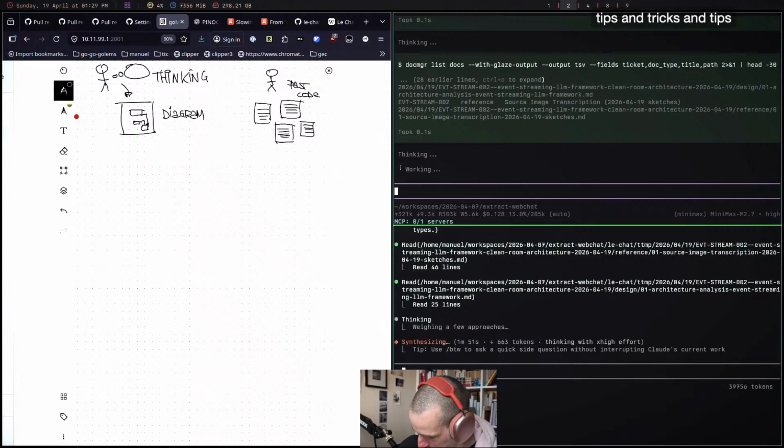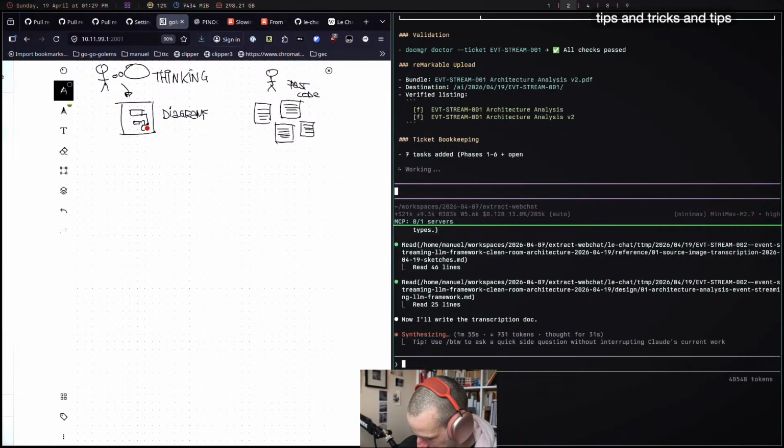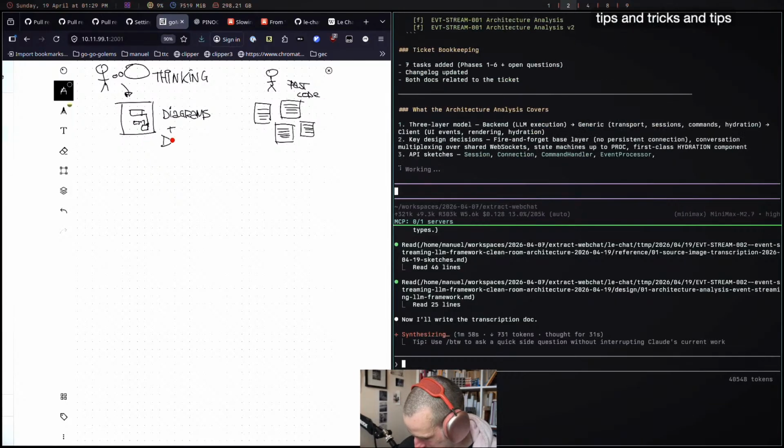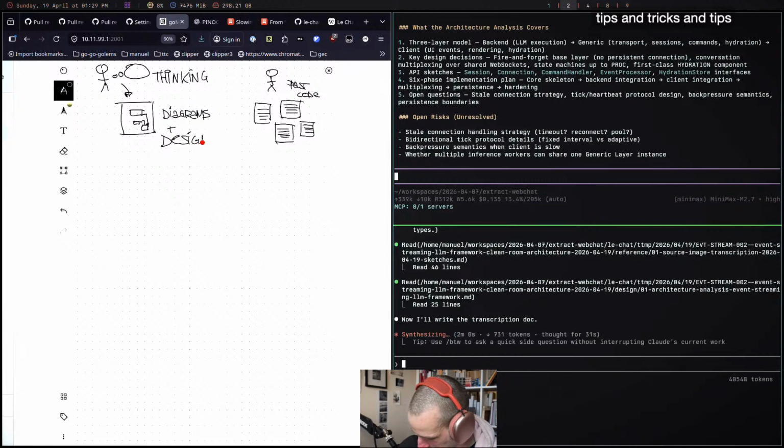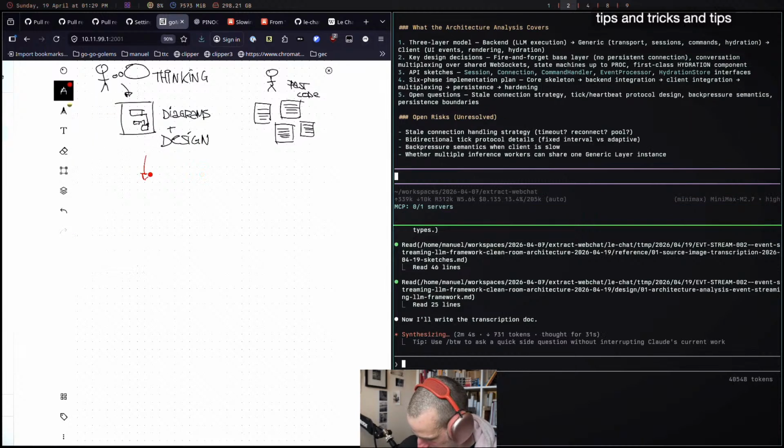So what I'm doing here, I've got my diagrams plus design, my architecture kind of. What I'm going to use the LLM for now, so this is the LLM, is to create a clean design document.